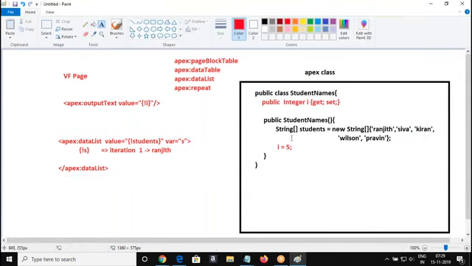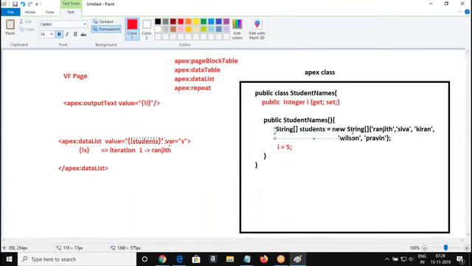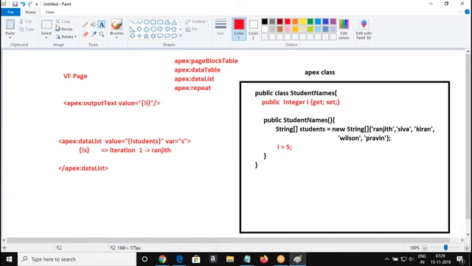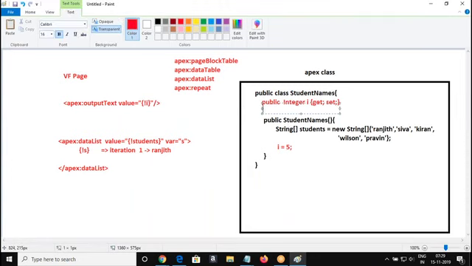But what is the rule here? Before referring to any variable in your Visualforce page, the variable should be declared as a property. So I'm going to declare it as public. What is the data type?